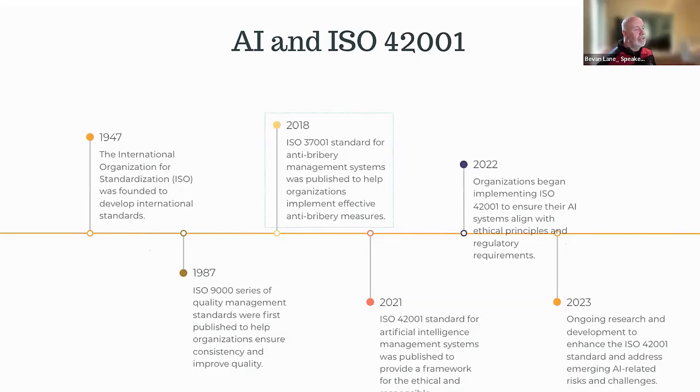So ISO has been around since 1947. 2021 was the first time we started bringing in artificial intelligence standards. But a lot of the other standards beforehand, specifically quality, is actually a forerunner for 42001. So 42001 is bolted onto quality. And for all of you that have got quality in your company, are doing 9001, you could actually take 9001 and just add in artificial intelligence components to it if you want to do it that way, because you'll see there's a very close alignment between the standards and 42001.